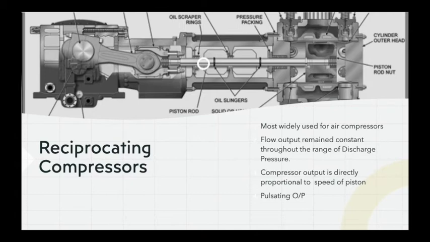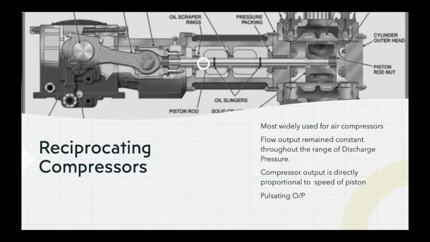The first one is the reciprocating compressors. These are the most widely used compressors in the market, and the most important point with them is that their flow output remains constant across the range of discharge pressures, and the total flow or compressor output is basically dependent upon the speed of the piston or the pulsating rod. So normally reciprocating compressors are characterized as more or less constant flow compressors,